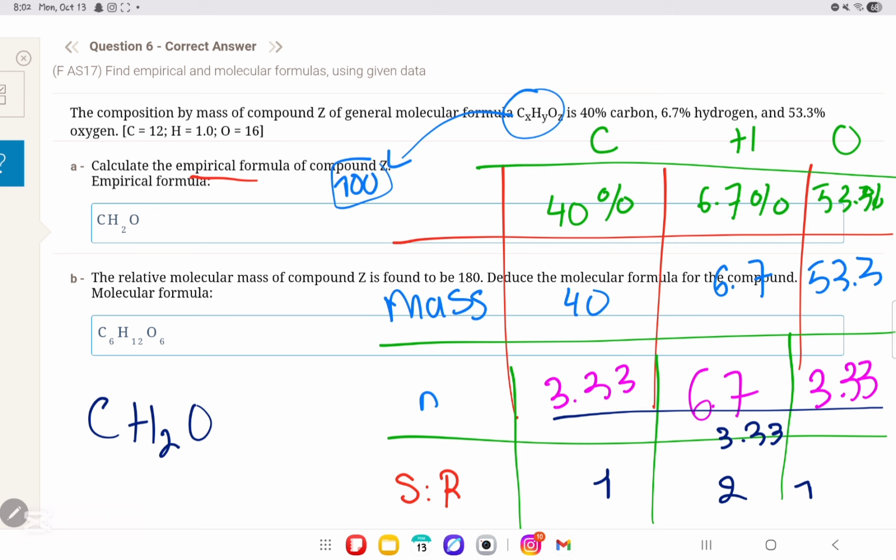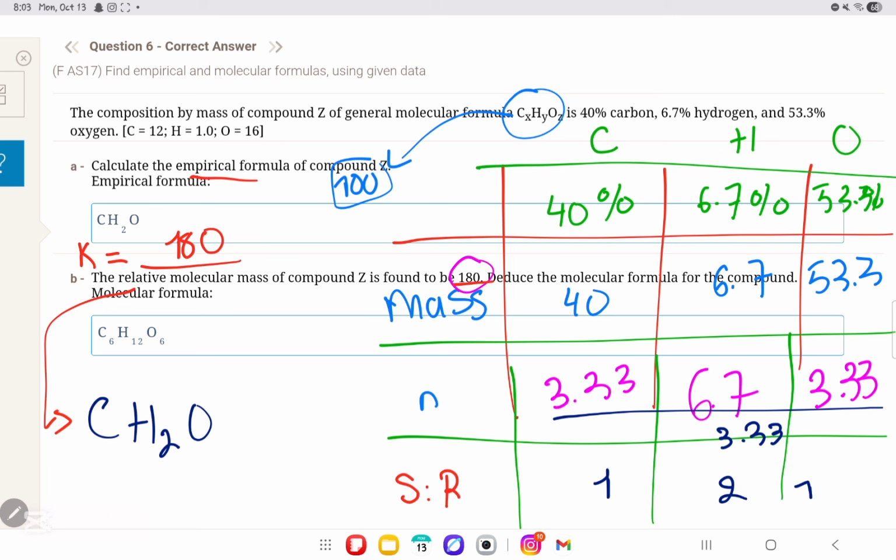Now, what did they state? In part B, the relative molecular mass of compound Z is found to be 180. Deduce the molecular formula. So how do you deduce the molecular formula? First of all, we need to find an integer. Let us use the letter K. We have the integer K. How do we find the integer K? Very simply, it's going to be the mass that they found, which is 180, divided by the empirical